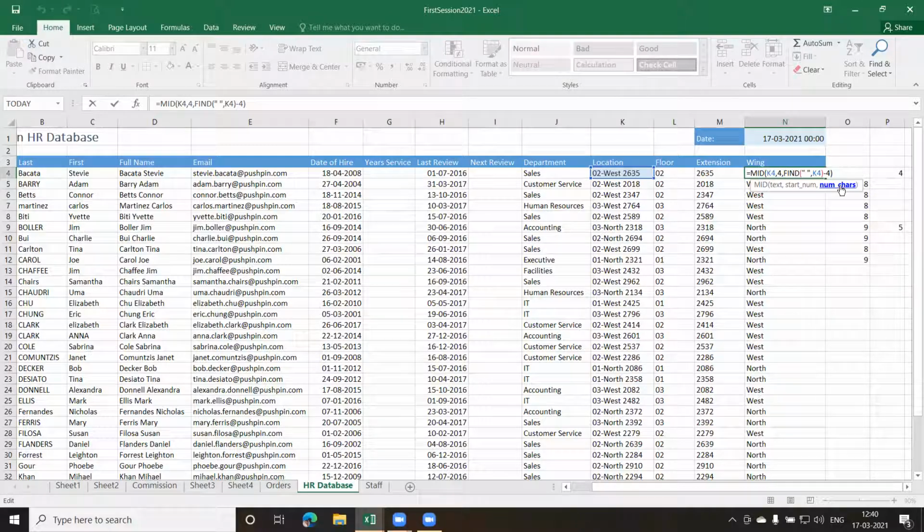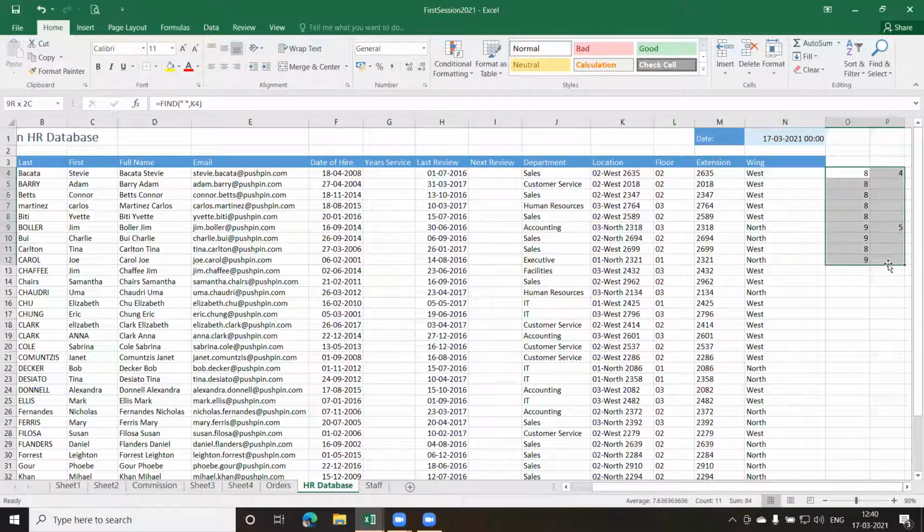Okay, and that's the reason we have subtracted 4 from here. So if I subtract 4, either I'll get 4 characters, or if it is 9, I'll get 5 characters. That's the logic behind it. Okay, nothing else. Now, it's up to you how you use it. But I hope the reason why I have given minus 4 is clear.